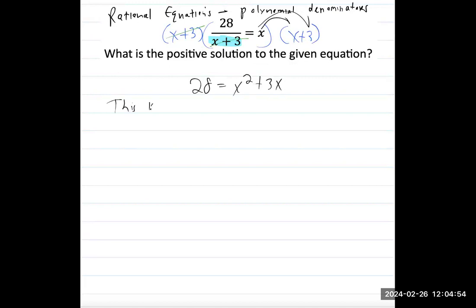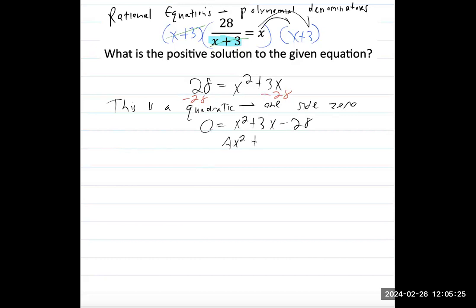Then we say to ourselves, this is a quadratic. A quadratic is an equation with x squared in it. And we remind ourselves of this because we want one side to be equal to 0, preferably with the x squared positive. So if we take away 28 from both sides, we'll end up with 0 equals x squared plus 3x minus 28. Now our quadratic, by the way, quadratics are generally in the format of ax squared plus bx